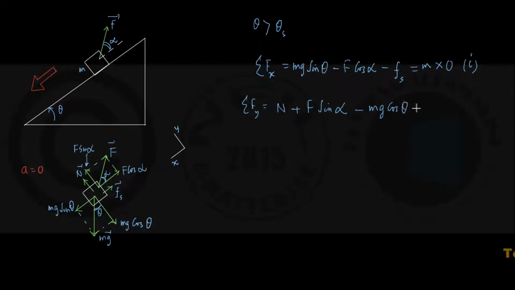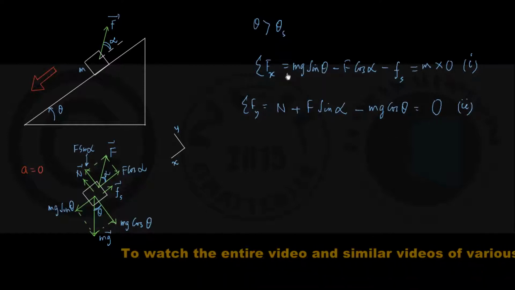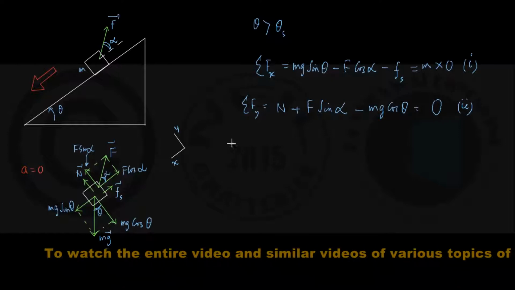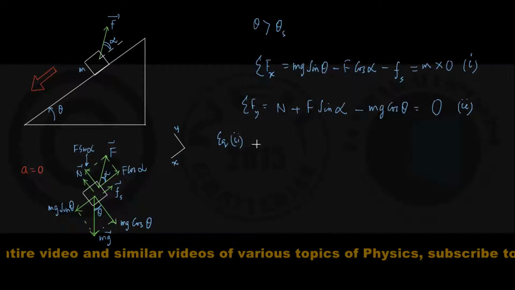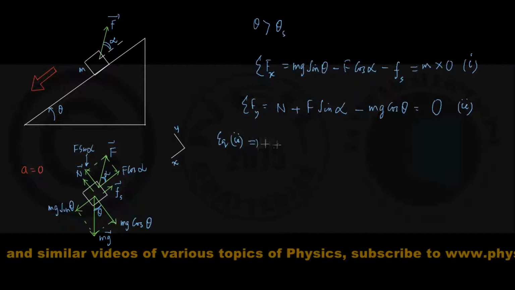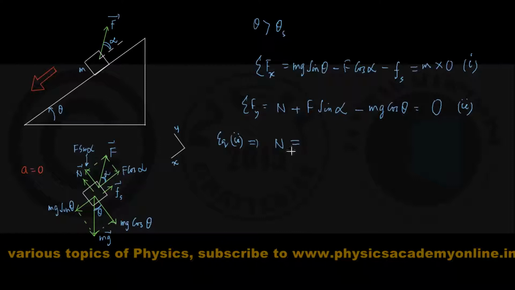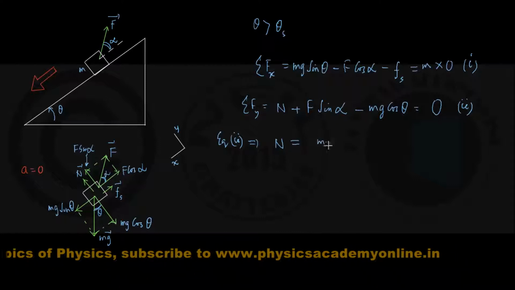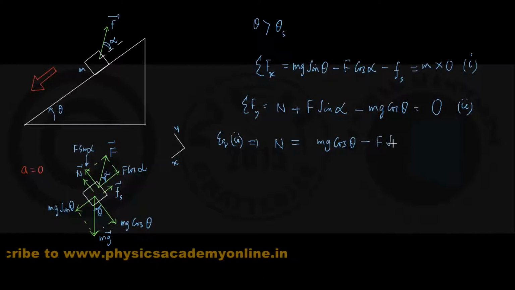And once again, the block does not leave the surface of this inclined plane, so there is no y motion here. And once again, I could write down this is coming out to be 0. That's my equation number 2, equation for y motion of the block. So from equation number 2, I can proceed to show that the normal force that is acting onto the block is given by mg cos theta minus F sin alpha,